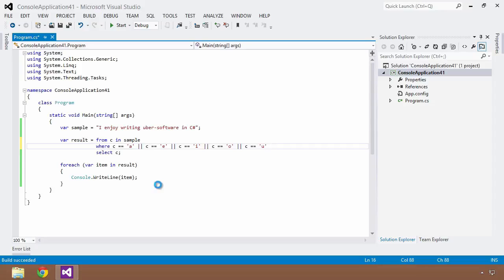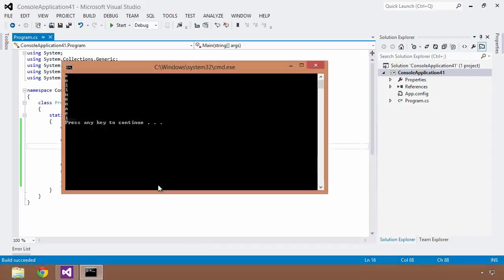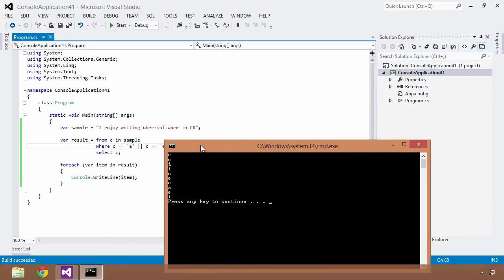So now I can save this and do a Control F5. And now you can see here, I'm getting only the vowels, but I see something kind of interesting. It looks like LINQ has looped through all of the characters within this sentence, but it only started pulling out the E. So I see an E here. It skipped the I. I see the E, and then the O, and then the two I's, and then the U and the E. So it looks like it skipped that first I,